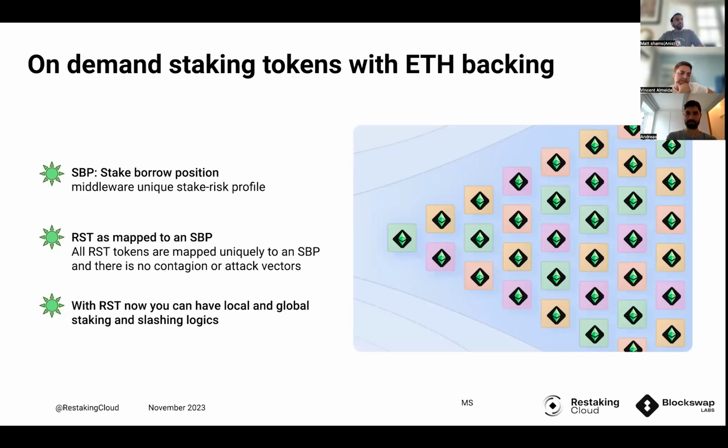Right. So I think we need to talk about the SPP, the stake borrow position, and how it's the base for the restake stake tokens. So ETH security is being pulled together in a lending pool for others to borrow, right? So when you borrow, you define the risk profile of your application, right? You define that in terms of your liveness and